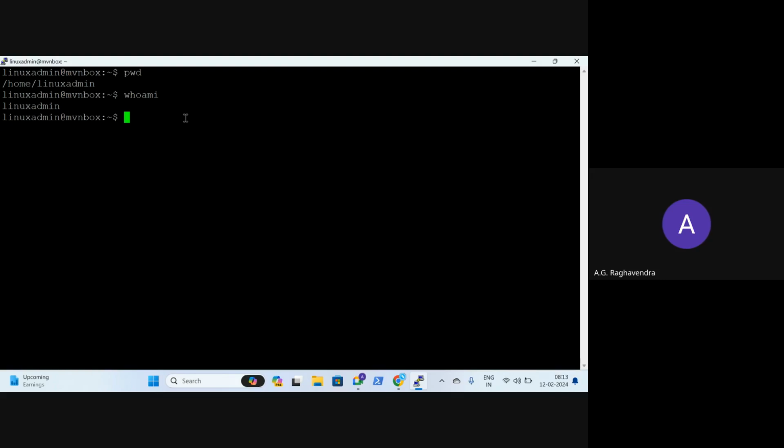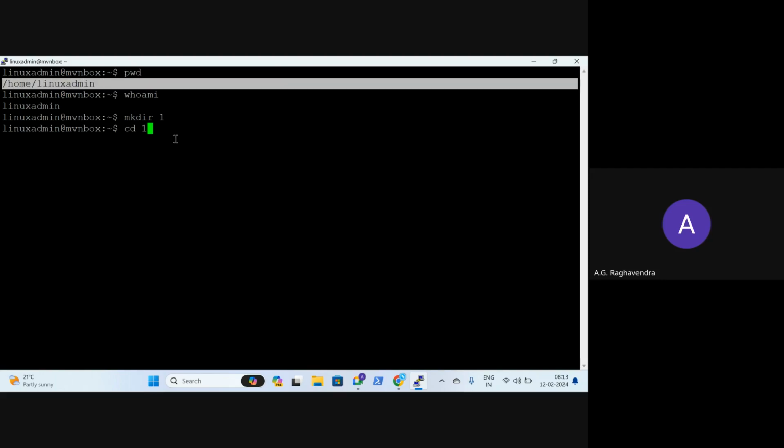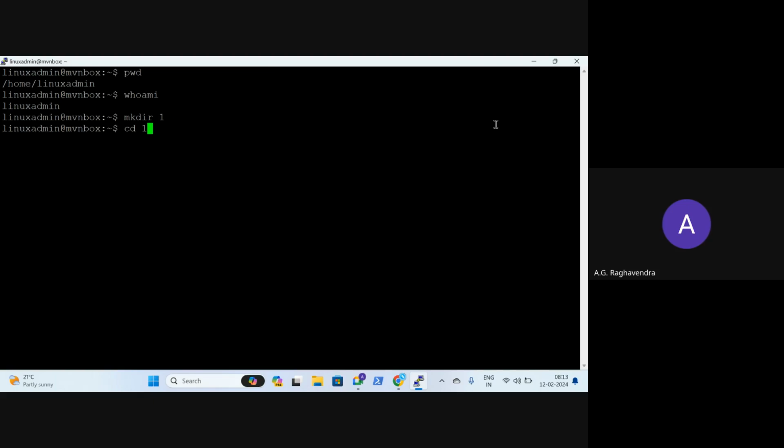Now, for example, let me create a folder with mkdir. I created a folder called one, simply mkdir 1. Currently I am in my home directory, and I want to go into this folder one. So cd 1, change directory one.